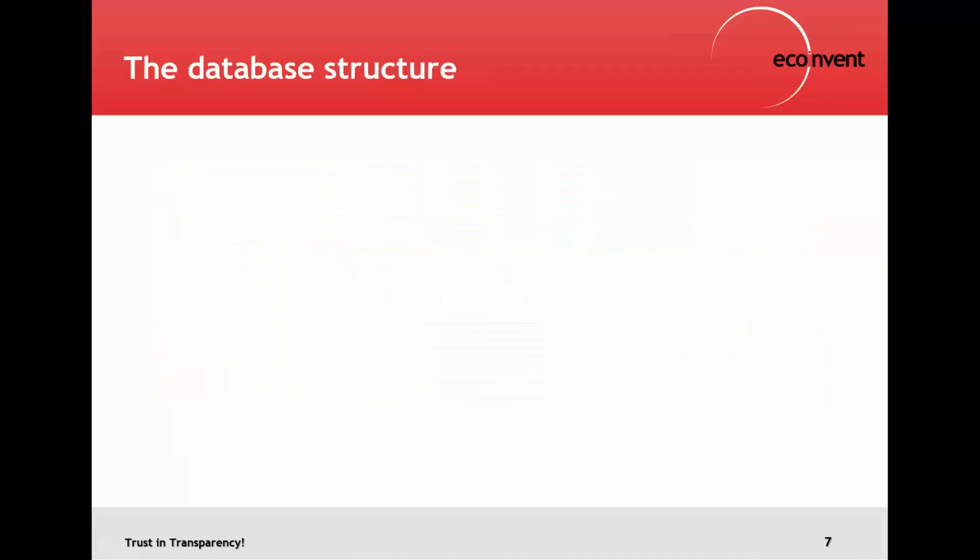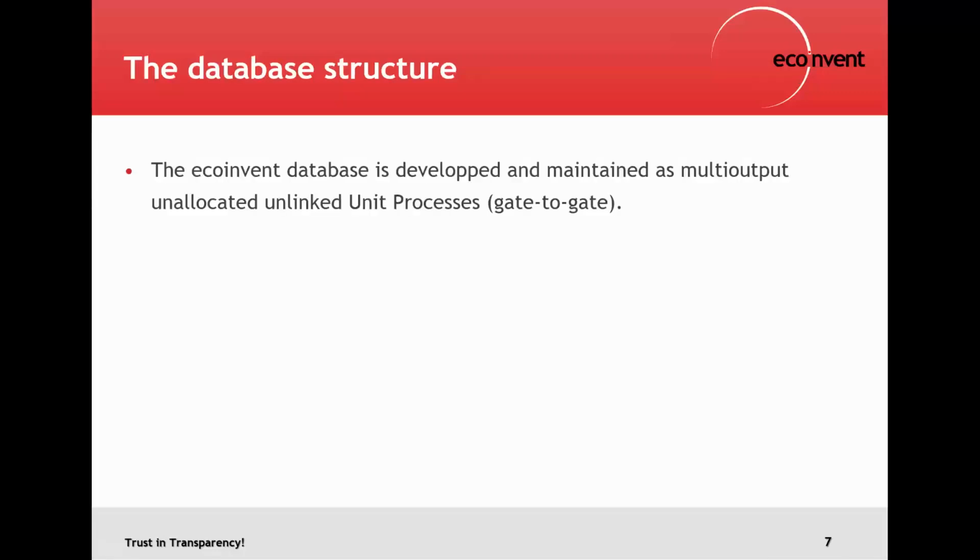Just a very quick few words on the database structure, especially for newcomers. The ecoinvent database is developed and maintained as multi-output, unallocated and linked uniprocesses, gate to gate. That's what we call the undefined database. This database is only accessible through the ecoquery, which is the portal that gives you access to the ecoinvent database